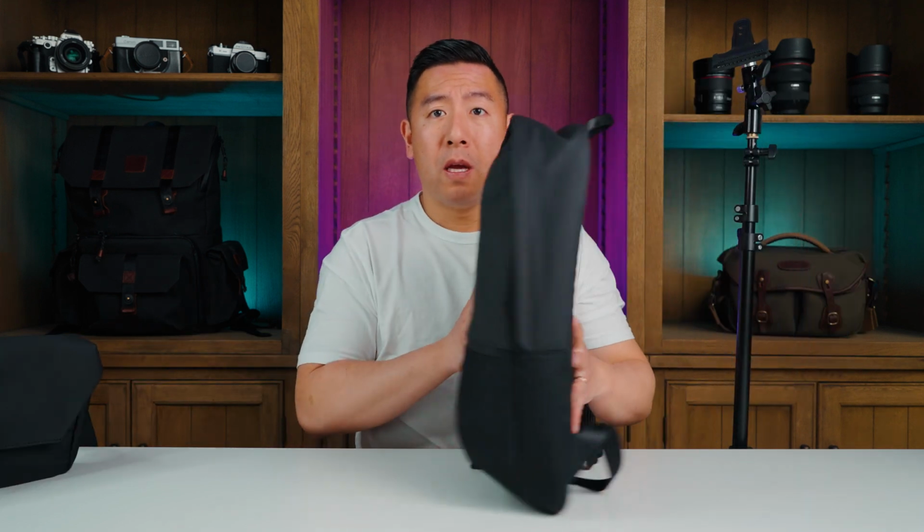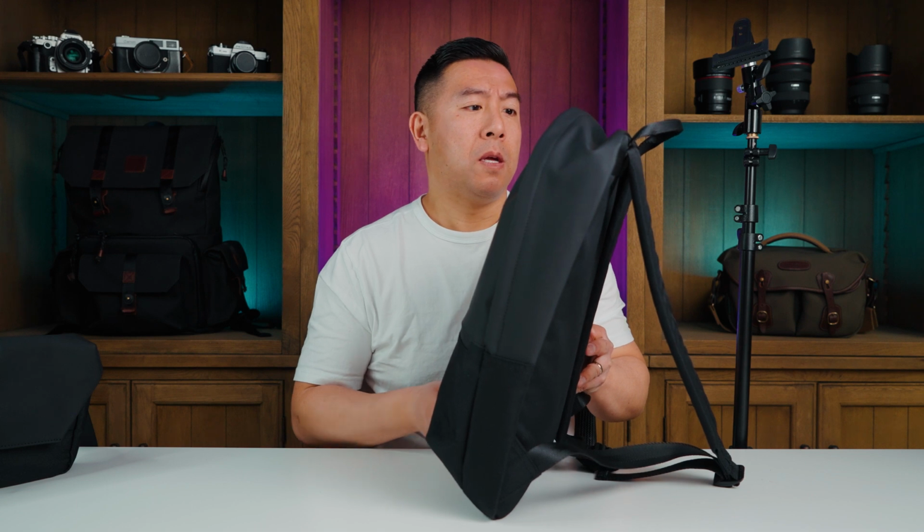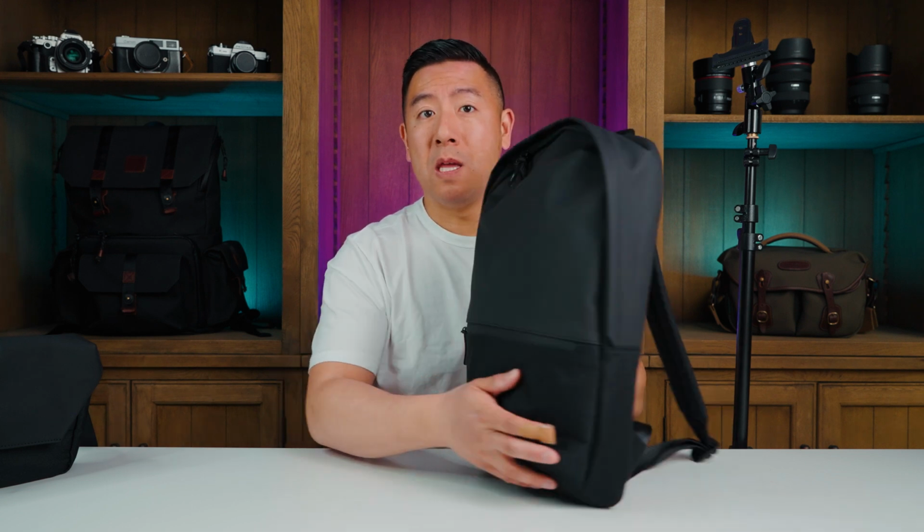Okay, so Marmansk has sent me these two bags, but everything I'm going to tell you about is based on my honest opinion. So starting out with this backpack, it's small, it's slim, it's lightweight, and has a sleek, urban, minimalistic design. So don't expect a lot of bells and whistles in this backpack, it's just meant to be a